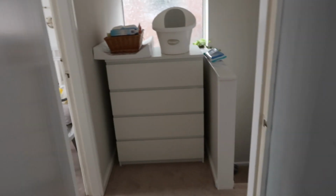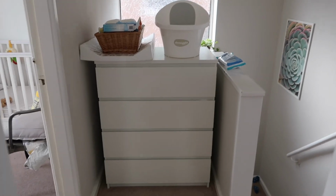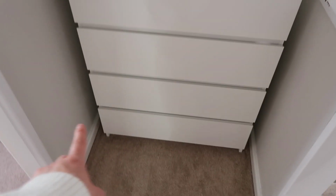So you might even be able to help me as well. But now what I'm going to show you is where all of his bedding is, and like nappies and stuff like that. So outside here is our landing, and we are very lucky to have this little alcove